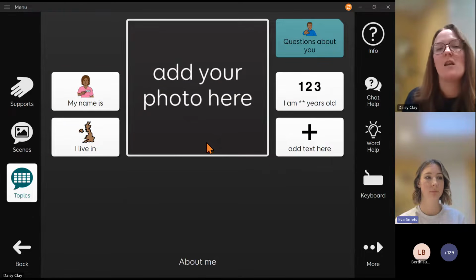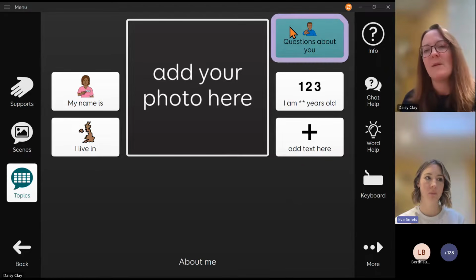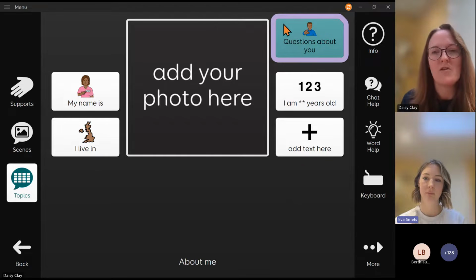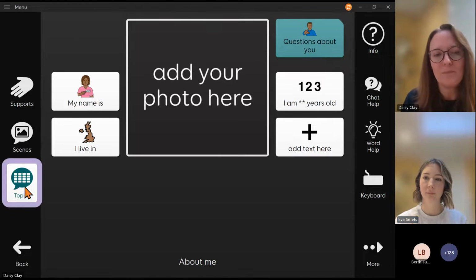Same as before, we've got a large central image and a prompt to add your own photo, and we've got word list cells around the outside. But because it's 16, we've got space for more vocabulary on that grid. And then we've also, where relevant, got a jump in the top right corner, because people using Aphasia Duo 16 are able to manage a little bit more in terms of navigation, and it just makes moving between different sections in Aphasia Duo 16 a bit quicker.